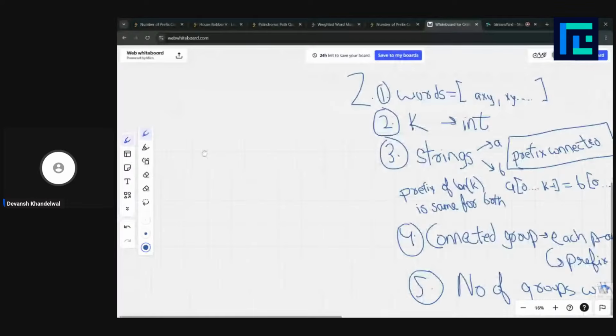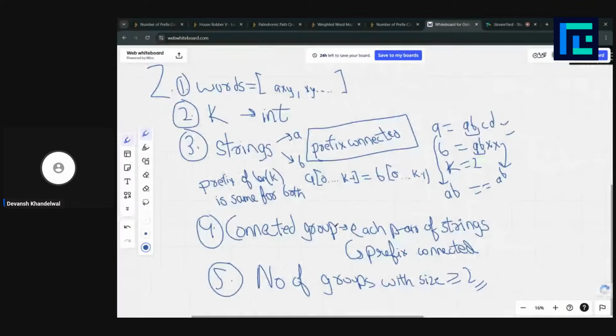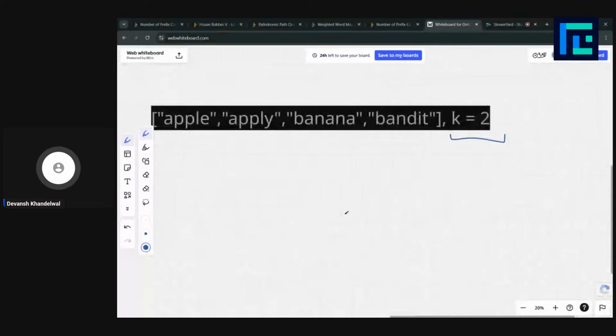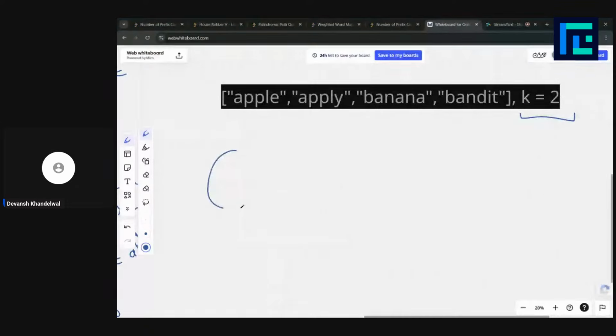Then we need to find the total number of groups of size greater than or equal to 2. We are given k equal to 2. That means for any group, let's say this is group 1, we have string A here, string B here.